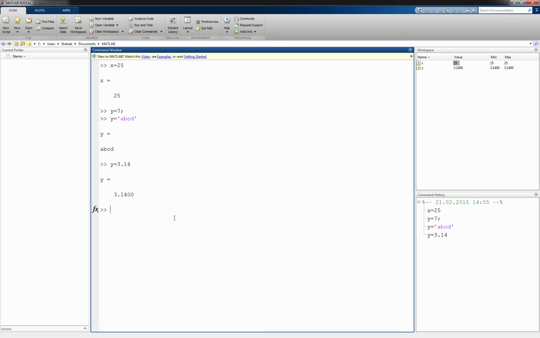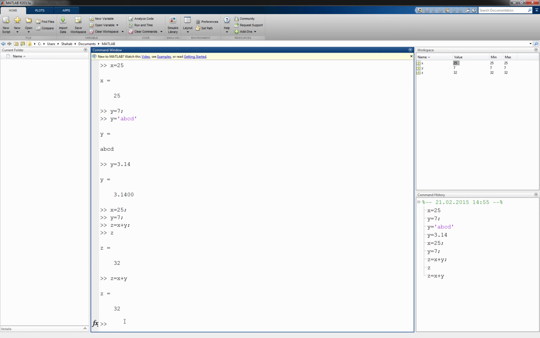Now let's have our x to be 25 as it was, and y to be 7 as we decided from the beginning. Now you can define a variable z, and you can say that z is x plus y, and then you put a semicolon. Now z has been created. In order to see what is the value of z, you can write z and press enter, or you can go to the workspace and see what is the value of z, or while you are writing z is equal to x plus y, if you just delete the semicolon, the echo is on, so it directly also shows you the value.